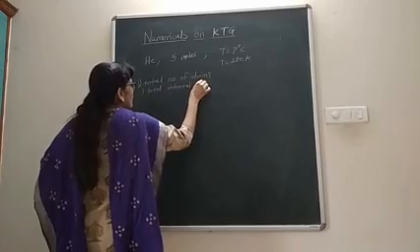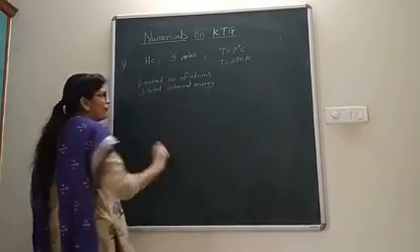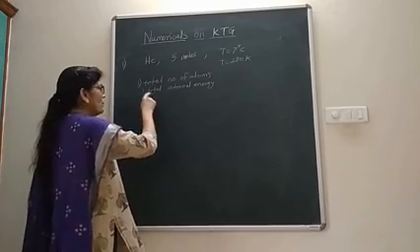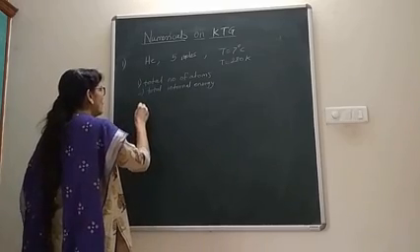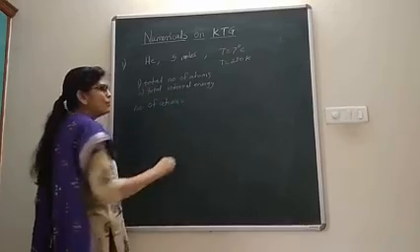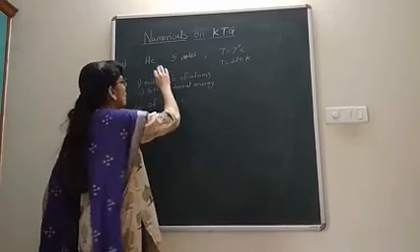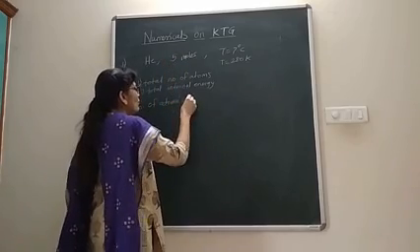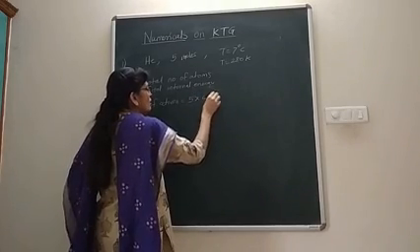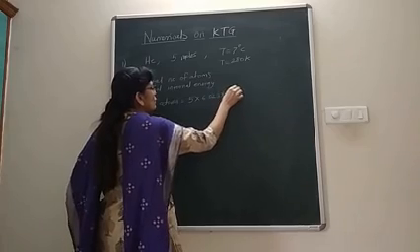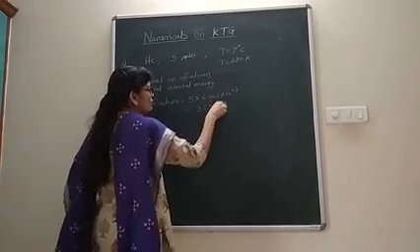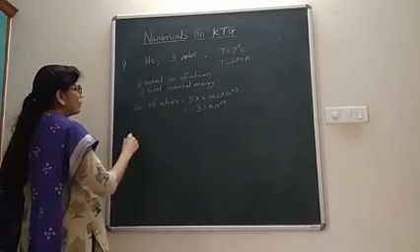So internal energy, you know, according to law of equipartition of energy, we can write that total energy in the form of degree of freedom. That equation you know. How to calculate total number of atoms? So number of atoms in 1 mole of gas, you know, it is equal to Avogadro's number. So the total number of atoms in 5 moles is equal to 5 into Avogadro's number, 6.023 into 10 raised to 23. So if I calculate this, I get 3.1 into 10 raised to 24. So these are total number of atoms.